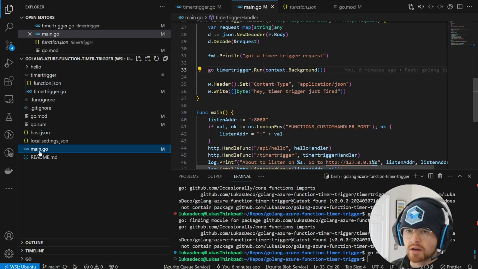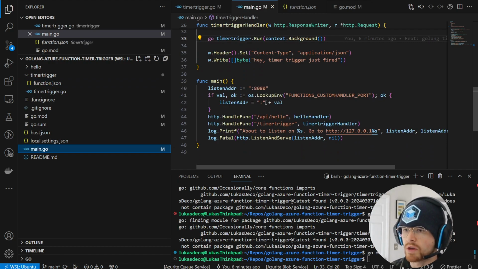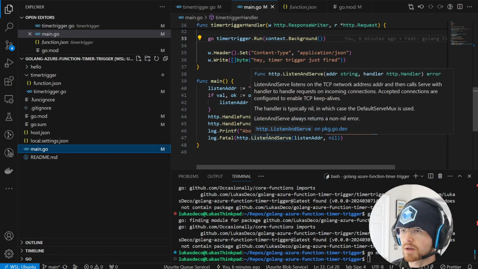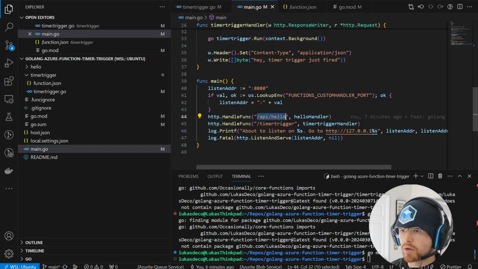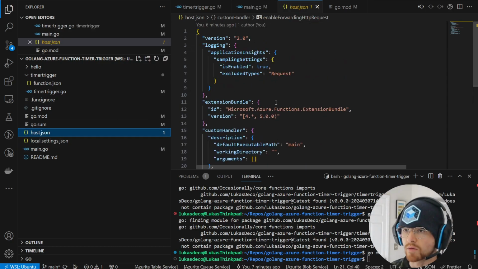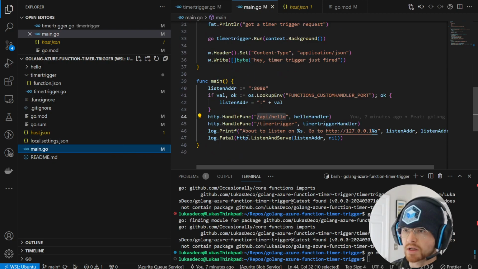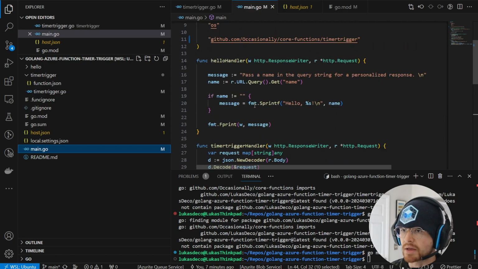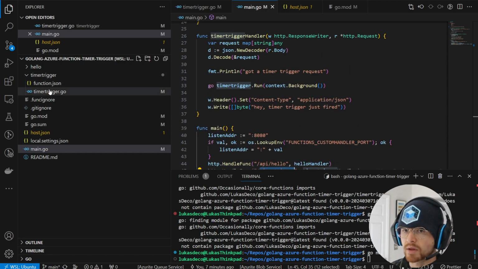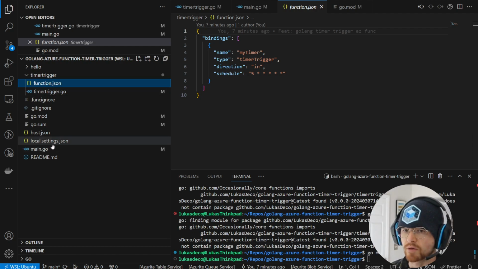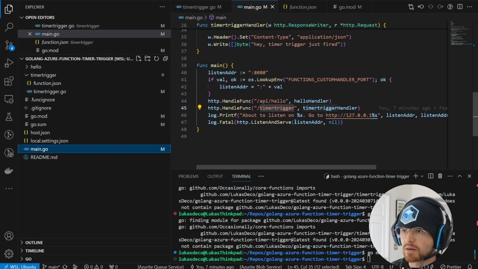And if we go to the main.go file, we see that we are using the net HTTP package to listen, and we've got a couple endpoints. We've got an API endpoint that is what we are using for the, I don't think that's actually specified anywhere, but it is what gets used, I believe, for the HTTP handlers. And then the other types of triggers, we have this timer trigger folder. I believe that is what is going to be used as the name here,